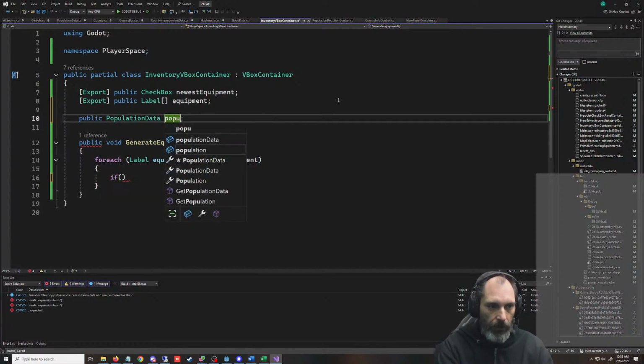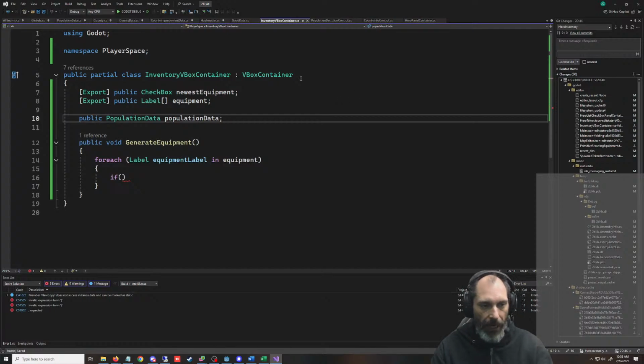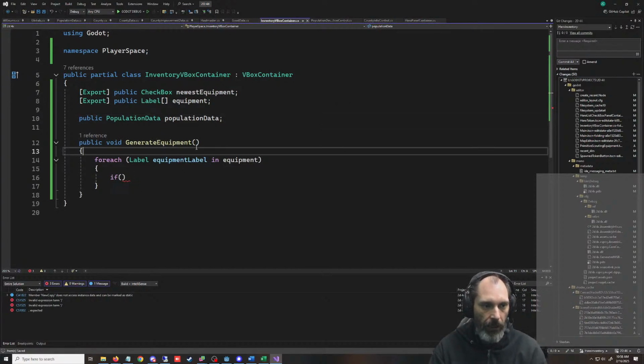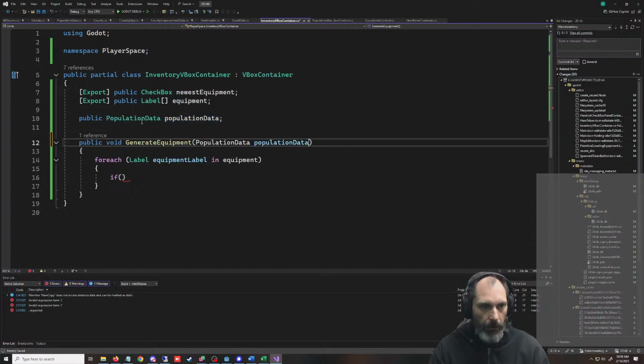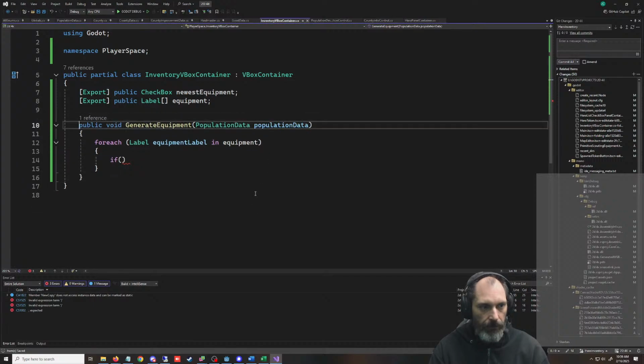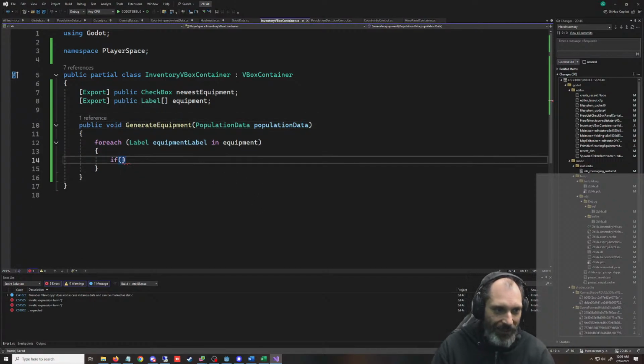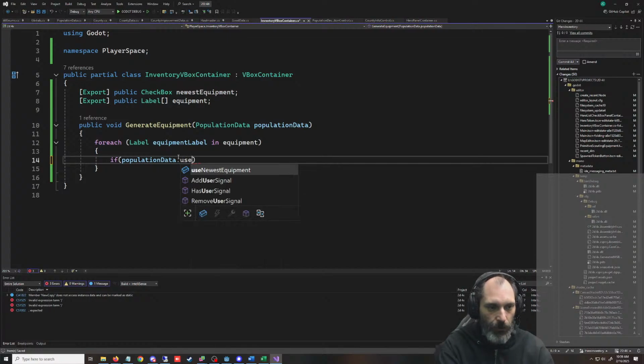We'll pass that in when we call this. Actually, we're not going to do it here. We're going to do this. That's my old way of doing things. If population data use newest equipment is equal to true.